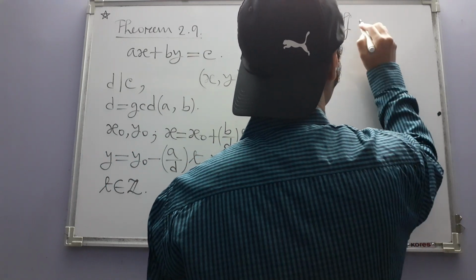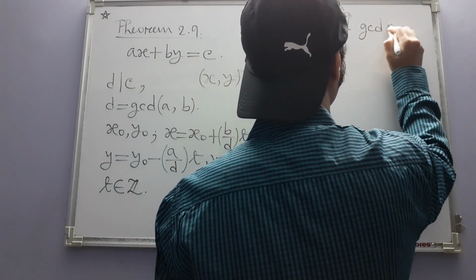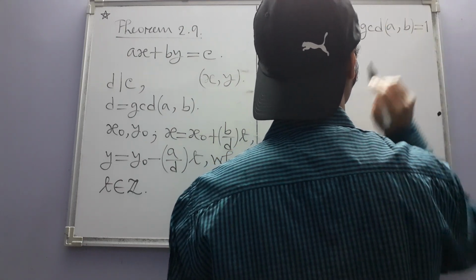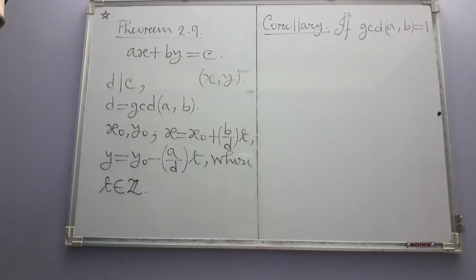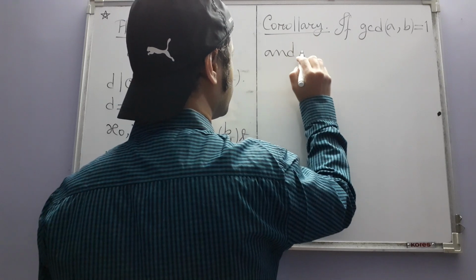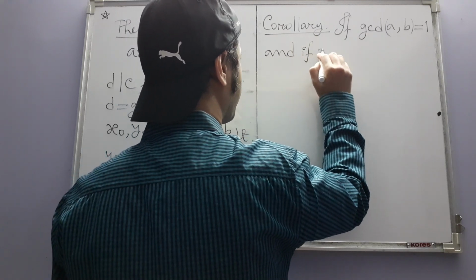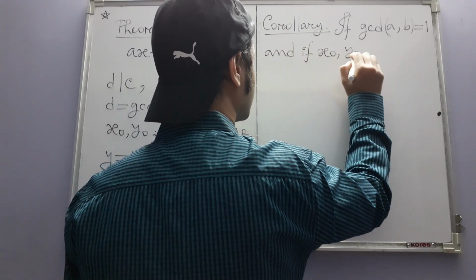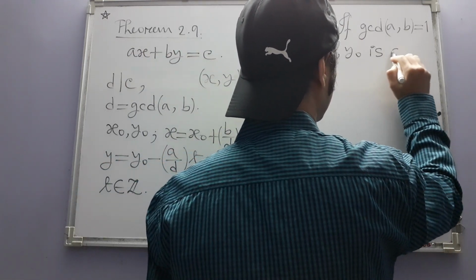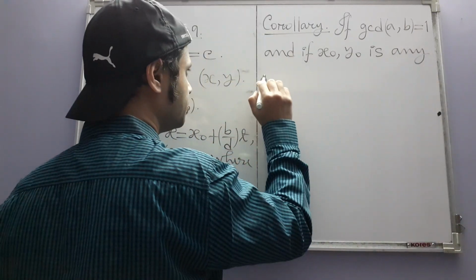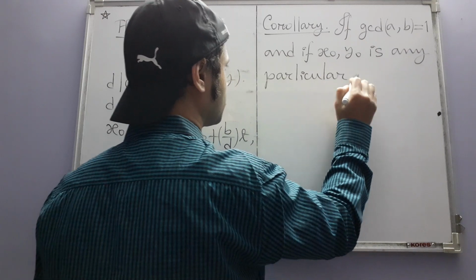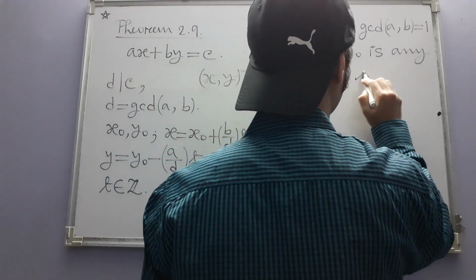So if the GCD of a and b is 1, that means if a and b are relatively prime or co-prime, and if x naught and y naught, this pair, is any particular solution